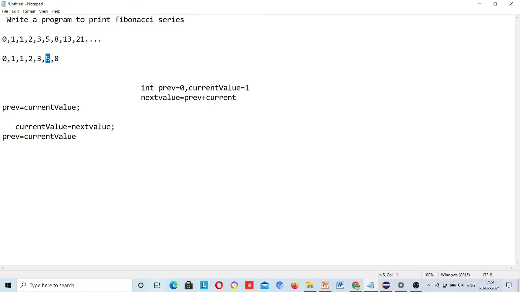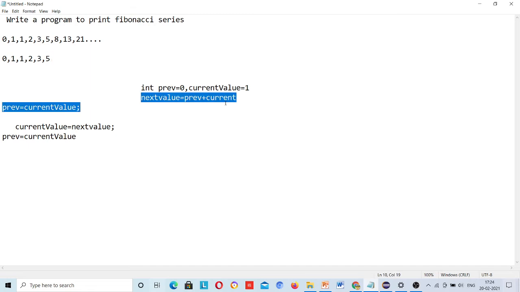meaning 5 should be assigned to this previous value. Okay, once I have not added this, this 5 is your current value. Now you are going to get a new number. So before swapping this as previous, first of all you need to store it, meaning you are getting your next value, but here this 5 will be your previous.